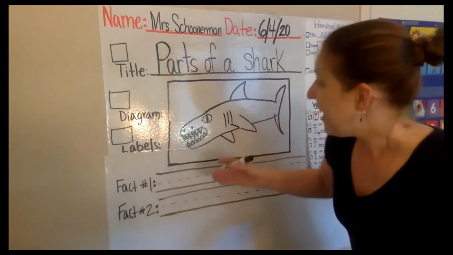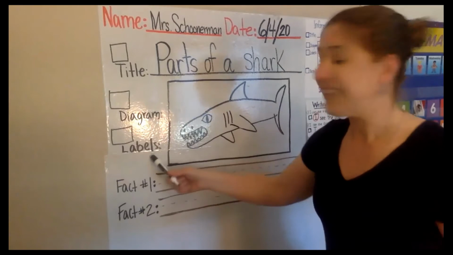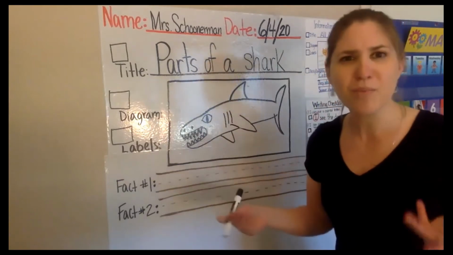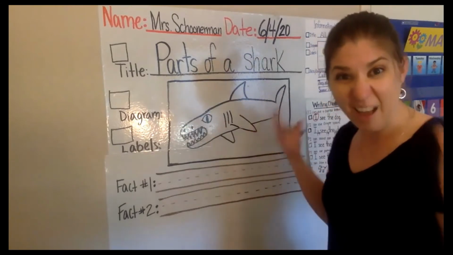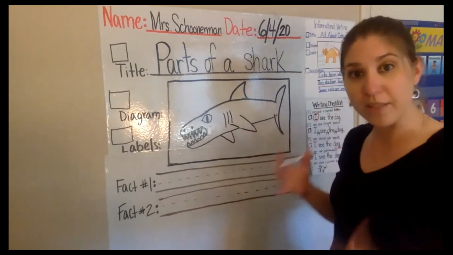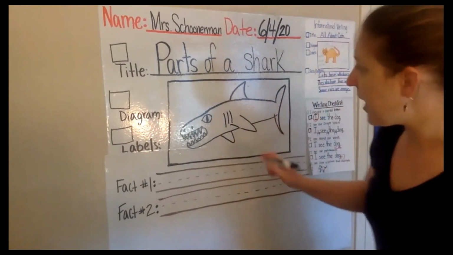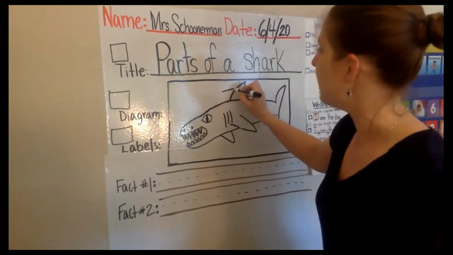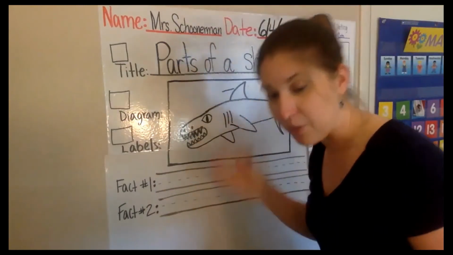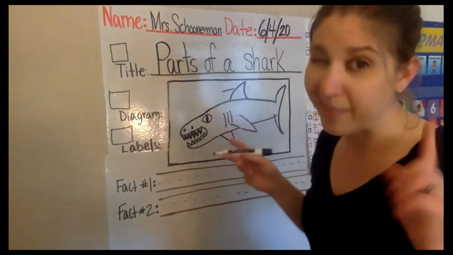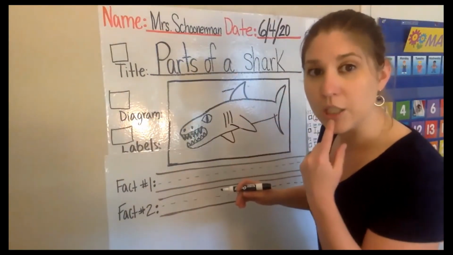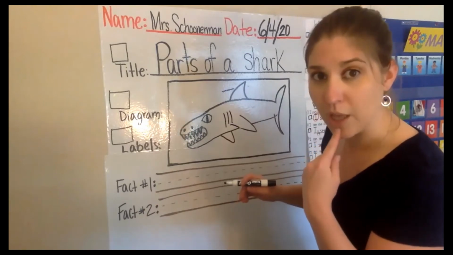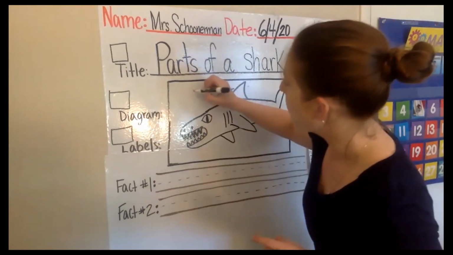All right, so now what we're gonna do is we need to add the labels. So we're labeling. What if someone doesn't know what these different parts of a shark are called? That's where we come in to help them. We need to add labels so they know what it's called. So let's go ahead and start with its dorsal fin. The fin up on the top, the dorsal fin, the telltale sign that it's a shark. Okay, the way we spell dorsal, dorsal. It starts with a D,